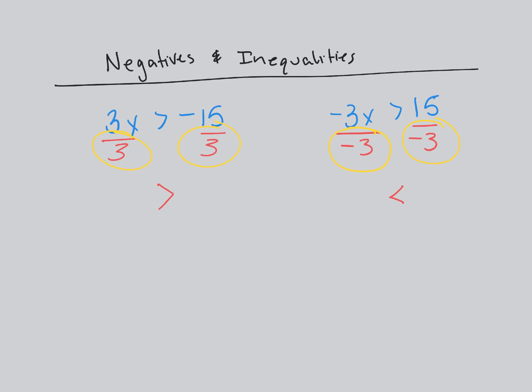So a lot of confusion comes in. Well, but there's a negative sign here. I'm dividing negative 15 by 3. But what matters is what we divide by. What did we do? Our inverse operation was to divide by positive 3. So that means we don't change the sign. So some other examples with